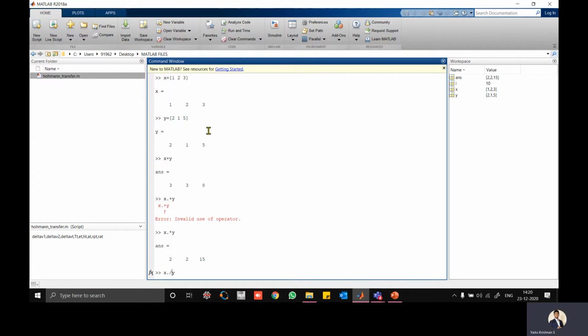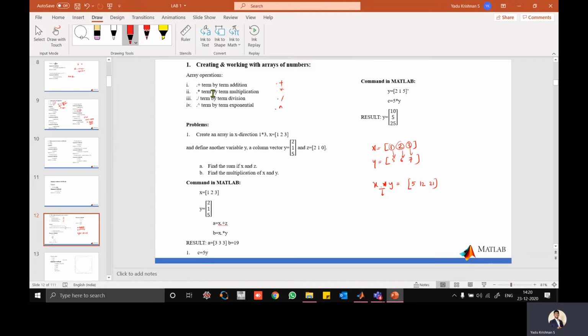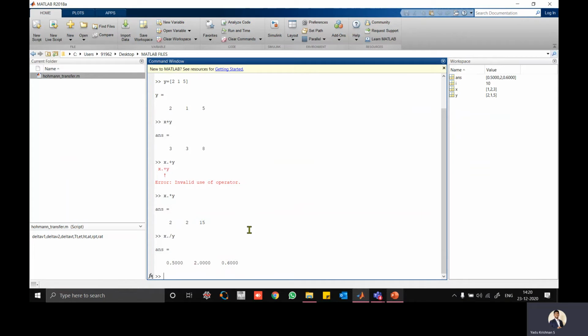Division also works. Addition and subtraction does not require the dot. Now it's fine. But for the multiplication and the division, it is very important to put the dot.